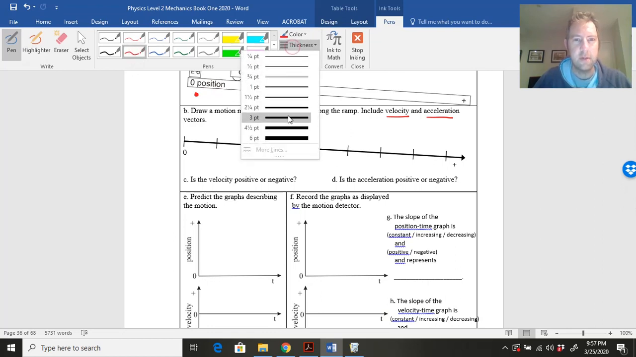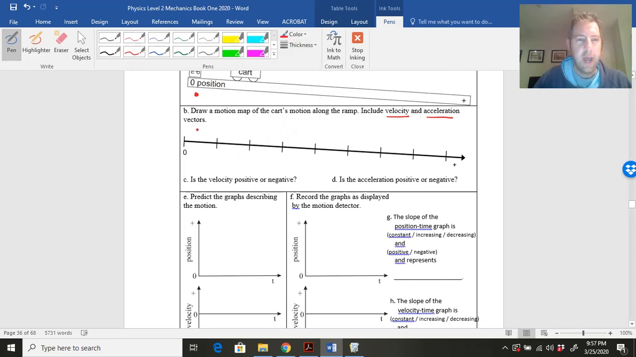There we go. And I always like to draw the dots first. So with this guy, I saw him speeding up. So the dots are getting further and further apart. And I don't know what happened to my dot in there. I then come back,